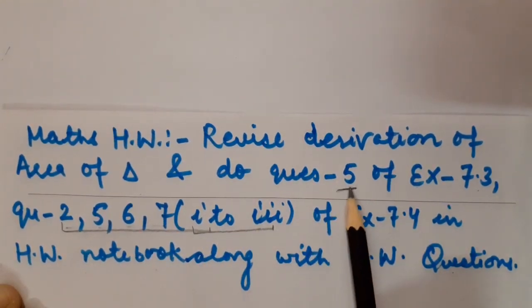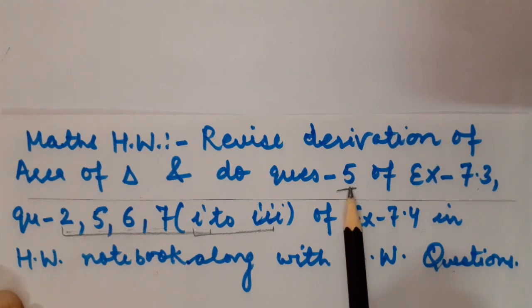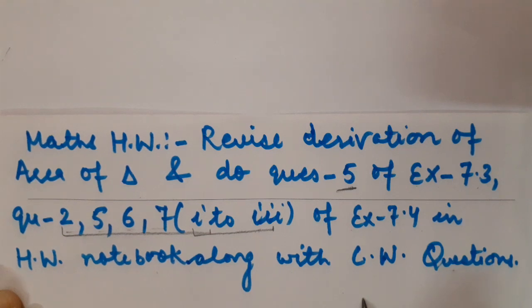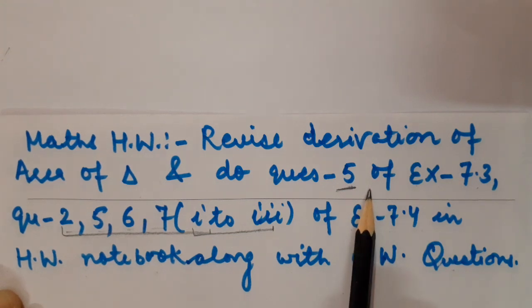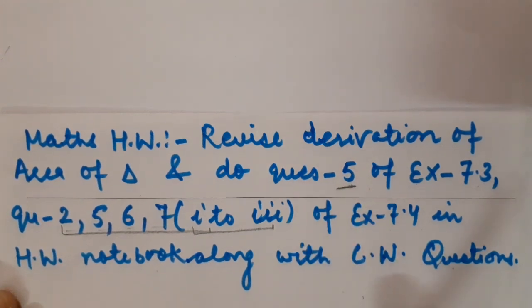And in question number 5, children, this question I gave you yesterday to try. That is also a very simple question. A very small concept is used in it that you know very well. The concept of the median, that a median divides a triangle into two equal areas. So you have to just draw a median, calculate the midpoint of that particular line where you are going to draw the median, and then you can easily calculate the area of both the parts of the triangle. Correct? That is a very simple question. Hope you will be able to do it.